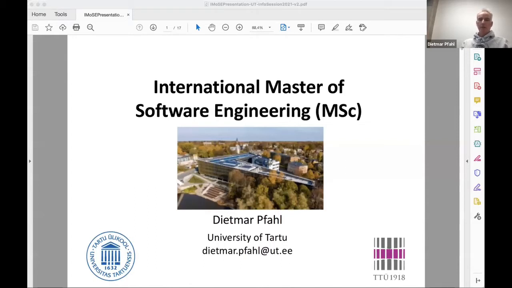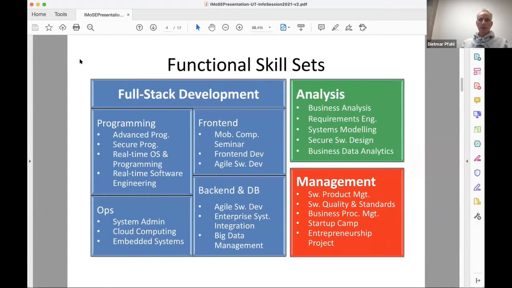And we are also trying to enhance the analytic skills of our students, and also some of the, let's say, data analytics, business data analytics courses, for example, a business analysis course is part of the program. So that is also something that we try to convey, that our students also develop an understanding of how you actually get a software product out, right? But the core is still the technical aspect of software engineering.